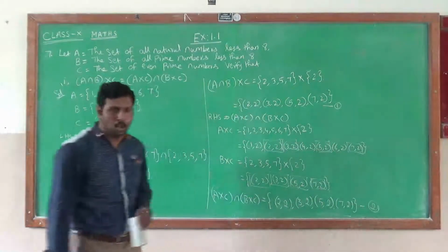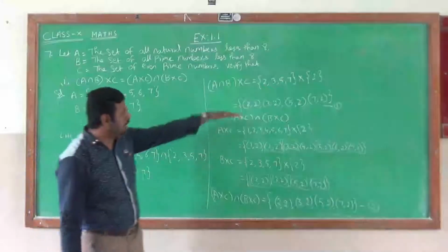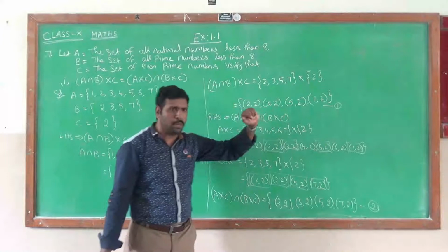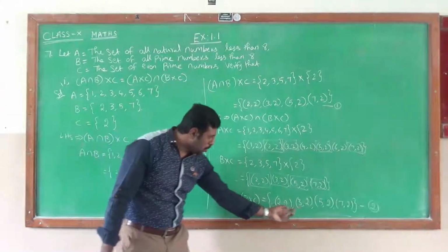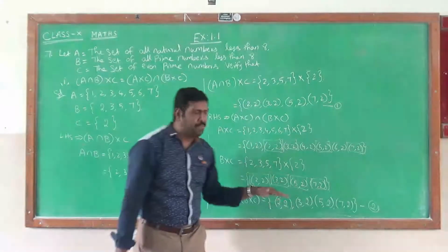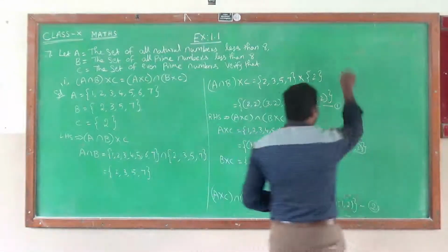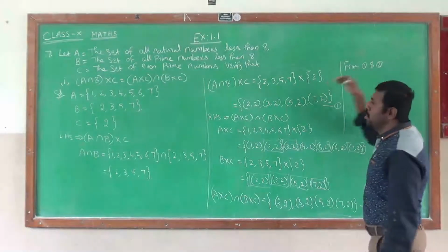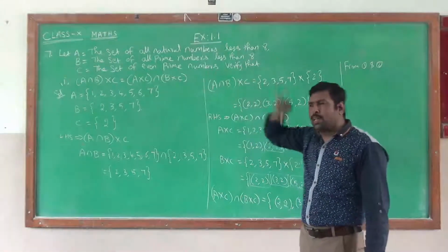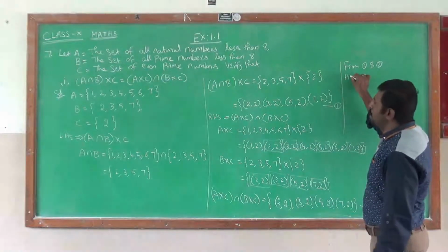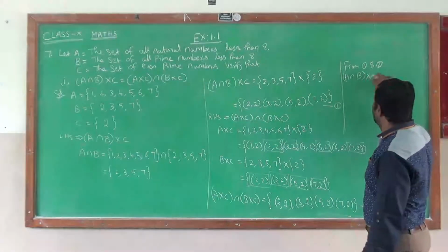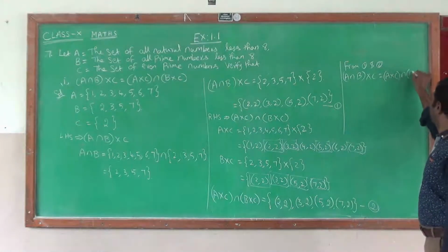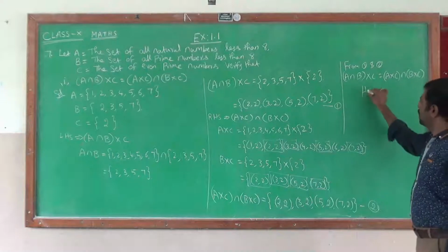I take equation number 2. Now compare the first and second equation. Here the first equation has 2 comma 2, 3 comma 2, 5 comma 2, and 7 comma 2 as the ordered pairs. Now compare the second equation: 2 comma 2, 3 comma 2, 5 comma 2, and 7 comma 2. So from 1 and 2, we conclude that the LHS set is equal to the RHS set. So A intersection B cross C is equal to A cross C intersection of B cross C. Hence,